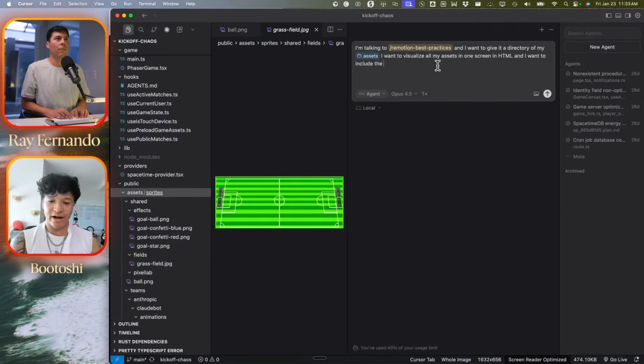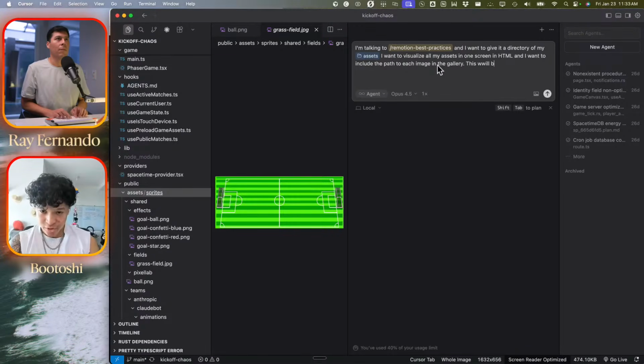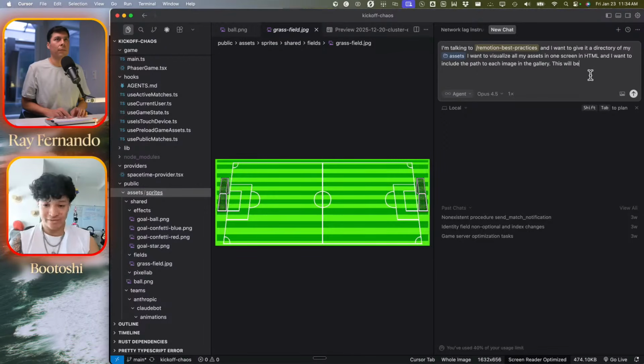Now the reason we want a gallery is you see how right now you have all your public images open on the left, but you only have one preview. But you have a lot of images, and Claude can